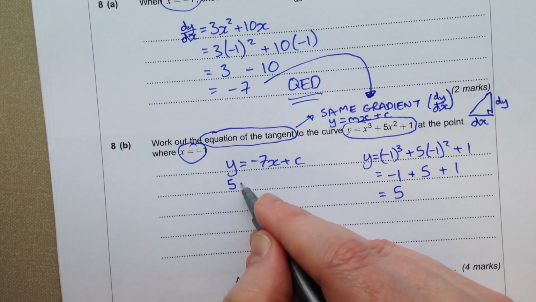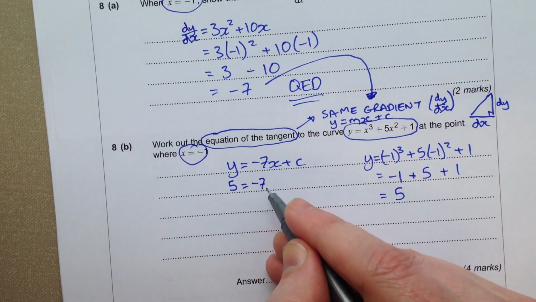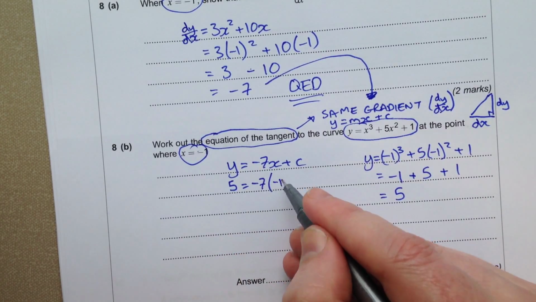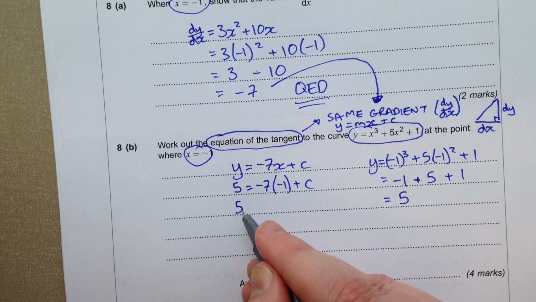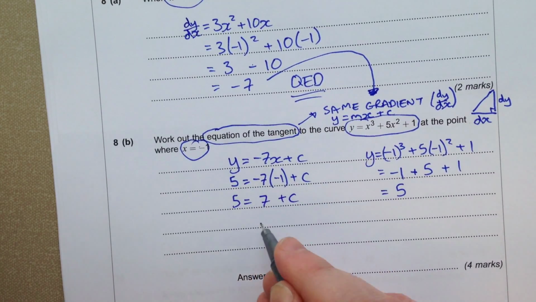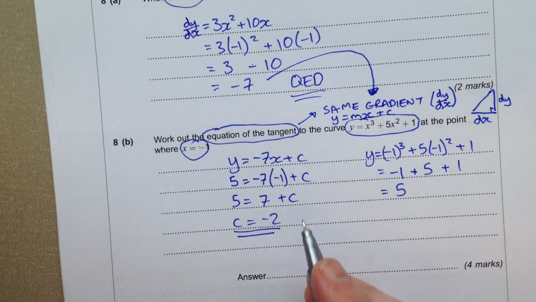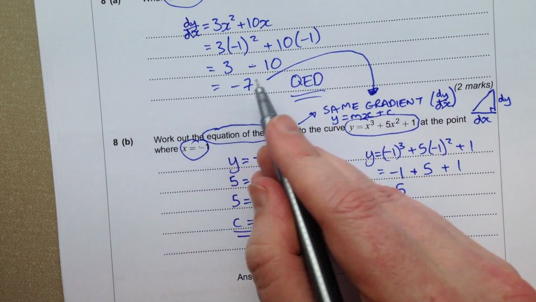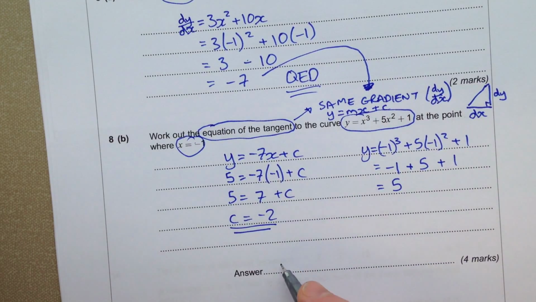So we bring in the value of y into our equation of our tangent. So that's 5 equals -7 lots of -1 plus c. So that's 5 equals 7 plus c. So that means c is -2. Now, we've got our m from our equation from before, that was given to us, the -7. We've got our value of c, so our equation of our tangent is y equals -7x take away